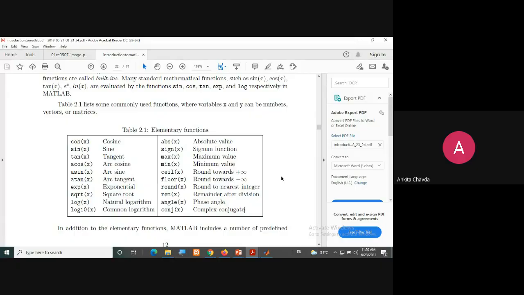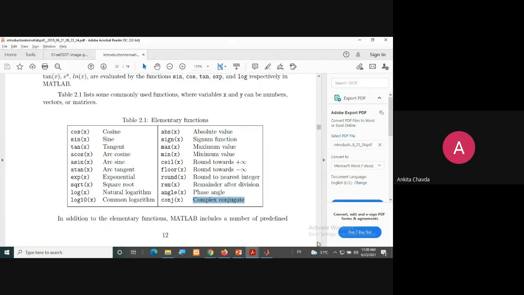That is what they have given: cos, sin, tan, acos, asin, atan, the exponential function, the square root function, log x, that is for the natural logarithm, log10 x, where you have the decimal base. Then abs is the absolute function, sign is for the signum function, max, min, ceil, floor, round, remainder after division, phase angle, and complex, which we will use afterwards somewhere in the frequency domain.